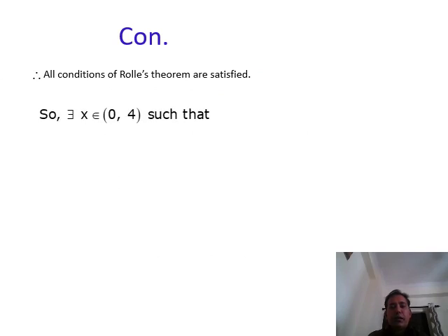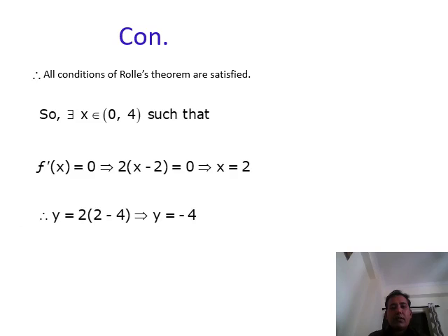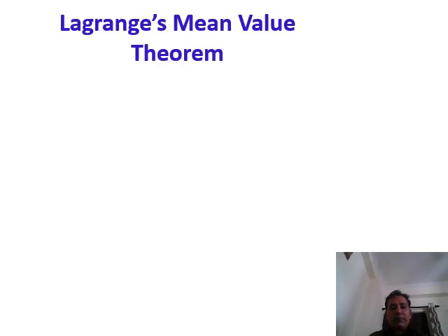Now, an element belonging to (0, 4) where f'(x) equal to 0 will be x equal to 2. Now, when x equal to 2, y is minus 4. Required point is (2, minus 4). Now, second is Lagrange's mean value